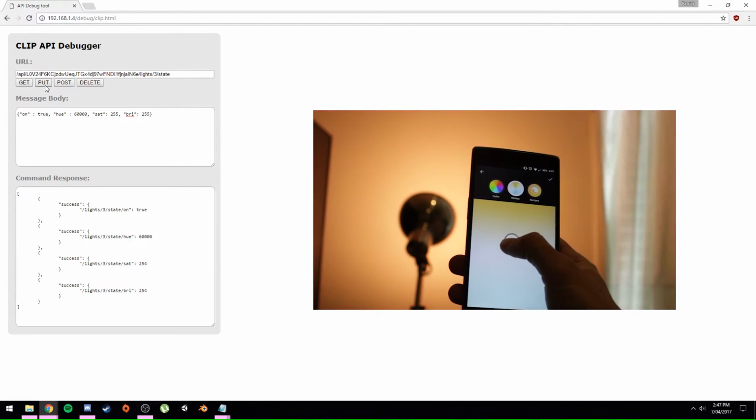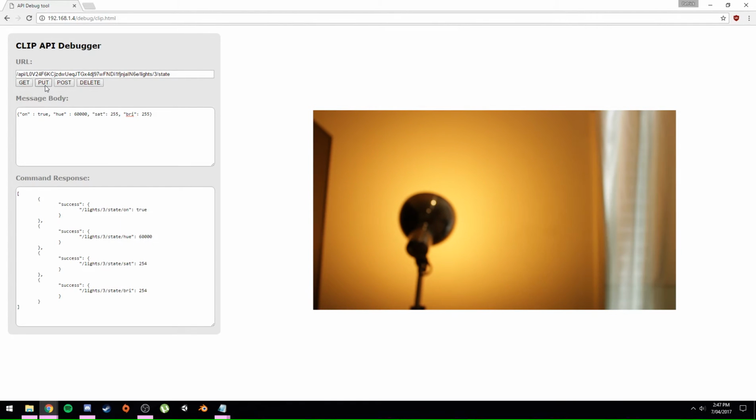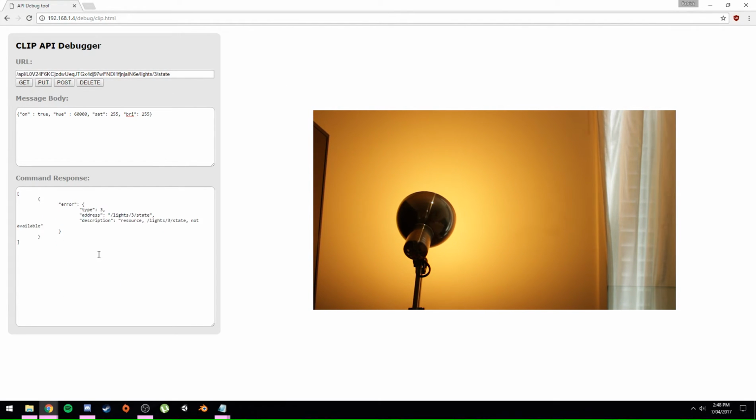Okay, I'm going to put this back to a nice normal color on my phone. I'll wiggle this around, make it do some different shapes, and if I focus back on that for you, there we go. Now I've got this color. I like this color. I want to find out what this color is. So on the same screen, I'm going to click get. Oh, my apologies, I'm going to remove the state and go to lights/3, get,